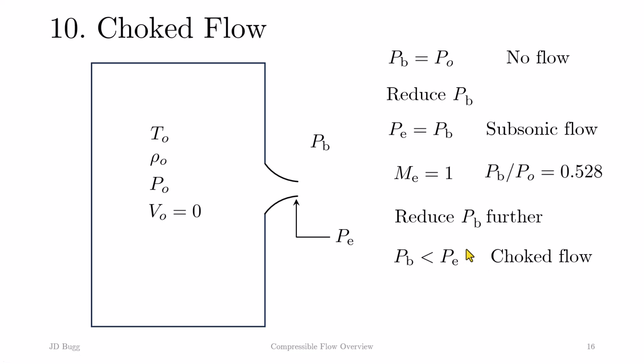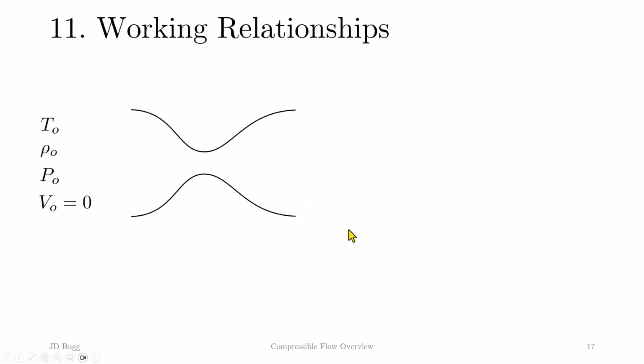The maximum mass flow rate through the nozzle will be given by this expression, which depends upon the stagnation pressure and temperature in the plenum chamber, P0 and T0, the specific gas constant R, and the area of the exit, A star. The equations that have been presented so far can be expressed as a set of working equations for